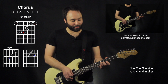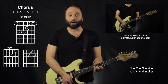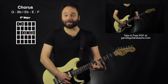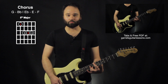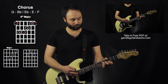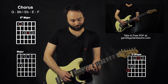Now he's going to be jumping up to B flat, which is going to now be on the 8th, 7th, and 6th fret. Same thing, 1 and 2 and 3 and 4 and, now he's going back to the E flat. I'm going to call it a super bar chord. So this thing sounds real nice and big. All right, and it's going to go back to the same thing, G, B flat, E flat, E, F, and then...